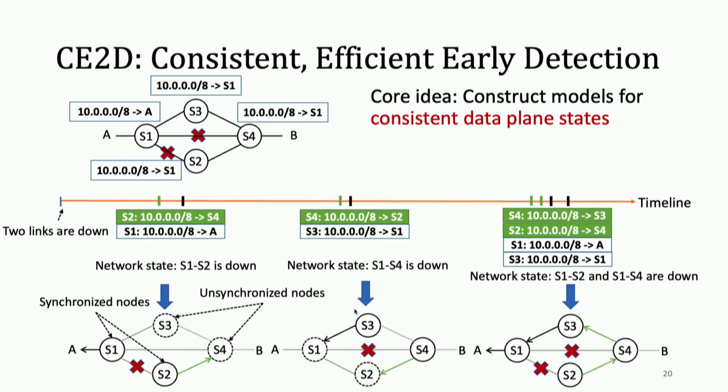And by the time the verifier knows that this node is synchronized, it marks it as synchronized. This is a very important concept we use to decide which node is ready for early verification, and which node is not. So in this example, all these three are consistent models. They just happen across time. And whenever the model is consistent, we can perform verification on this model.